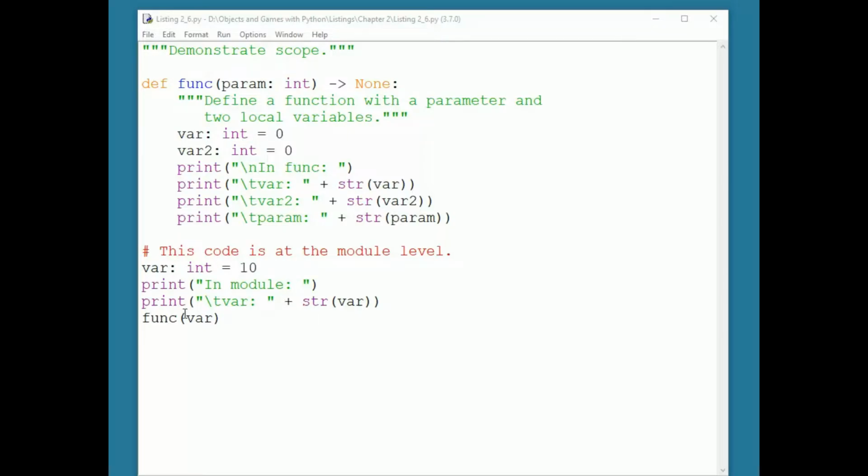The names defined at the module level in this example are func and var. Function names are defined using the def keyword, and variables are defined when they appear on the left side of an assignment statement. Names can also be defined within a function. If so, they have function level or local scope. They are visible only within the function in which they are defined. The names that are visible within func are param, the parameter to the function, and var, and var2, which are